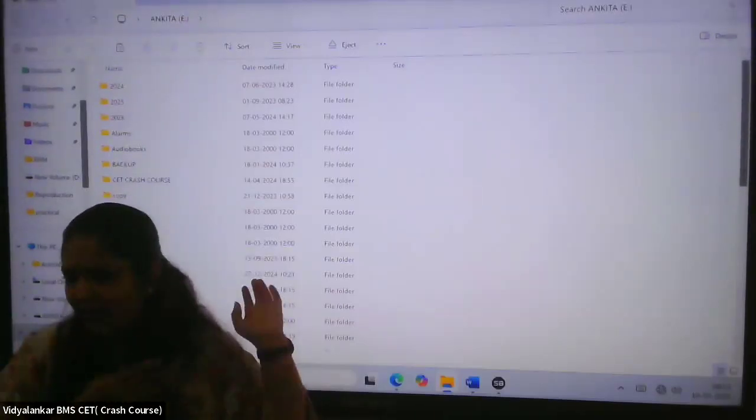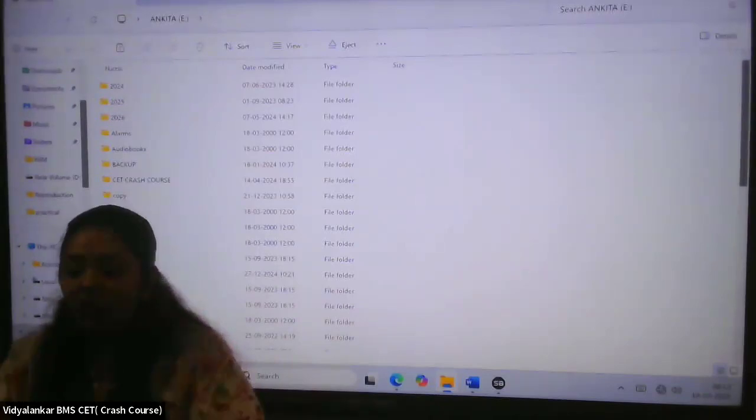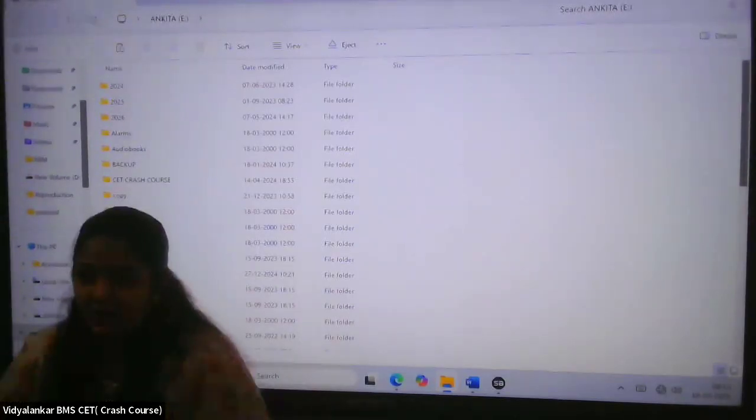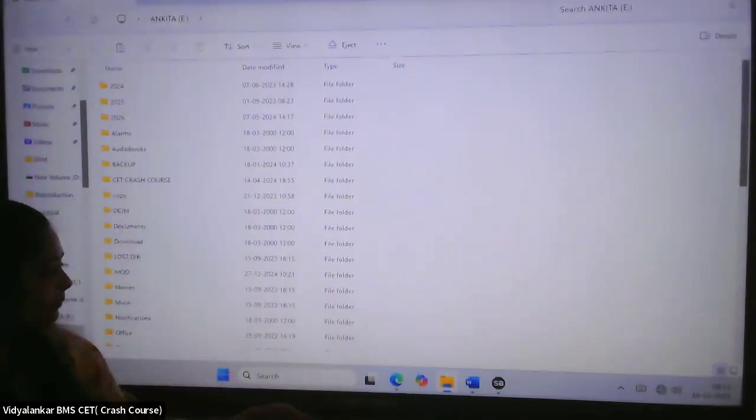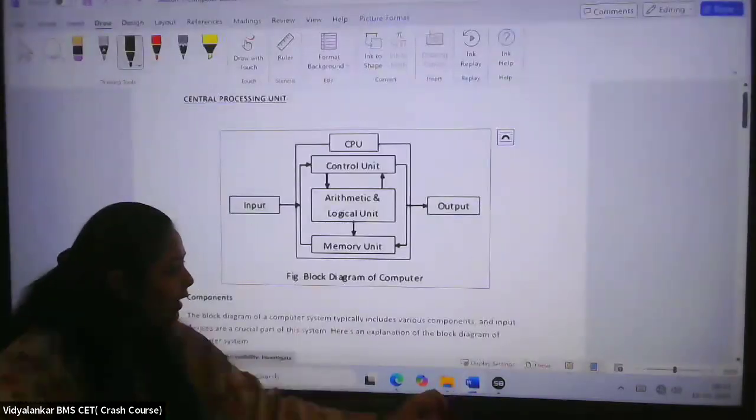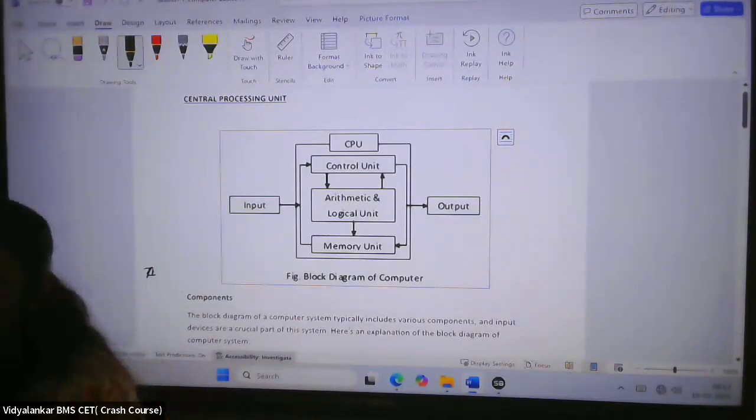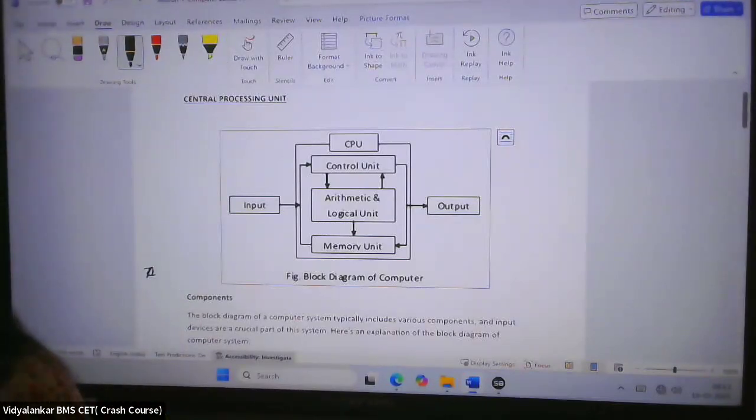I edit something current right now and then I close it. So while closing, the system will always ask me that do you want to save it? Do you want or not? So if I want to save, then of course I'll require something that will have a storage, no?